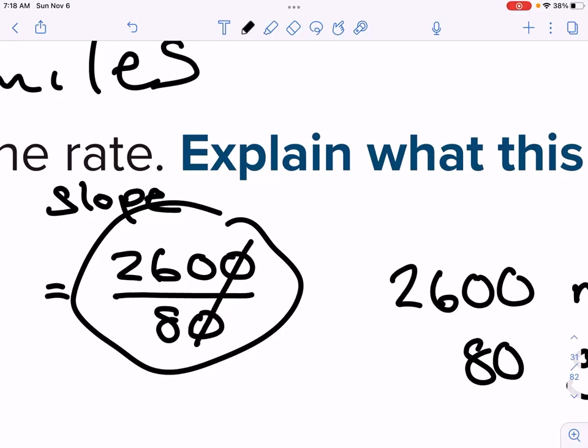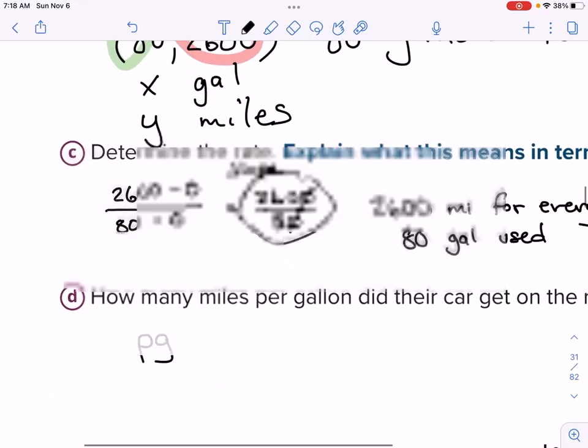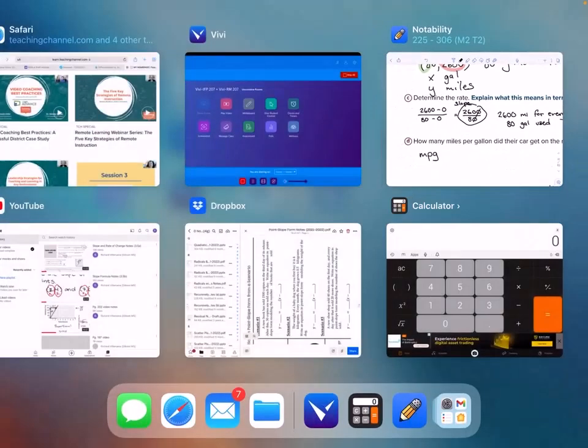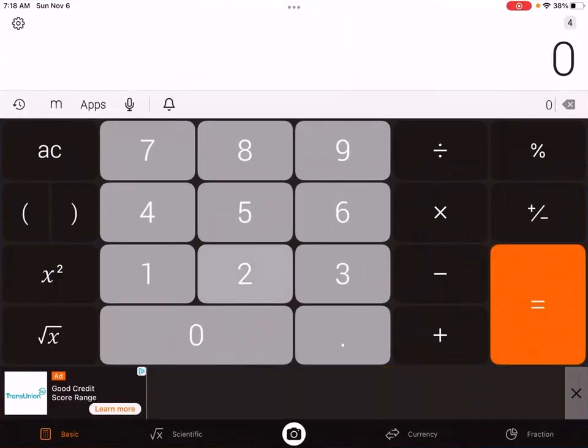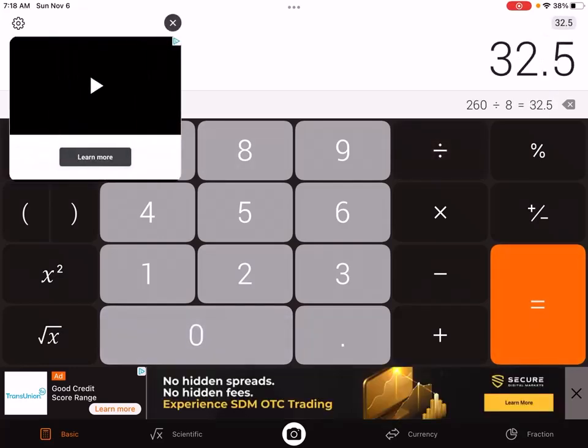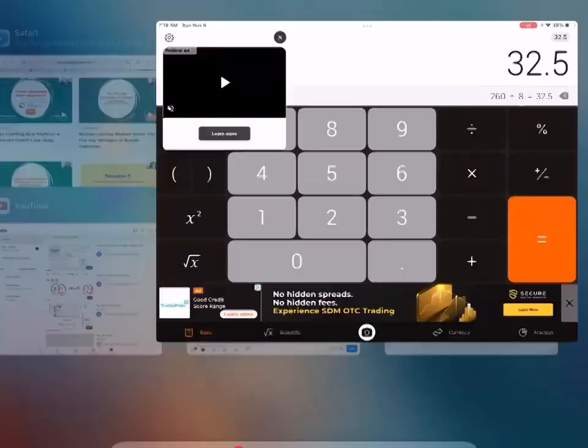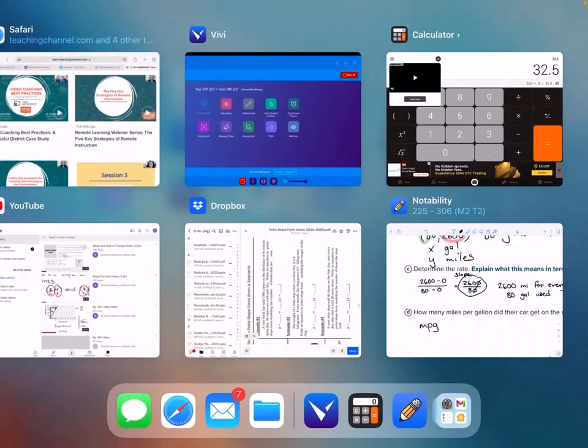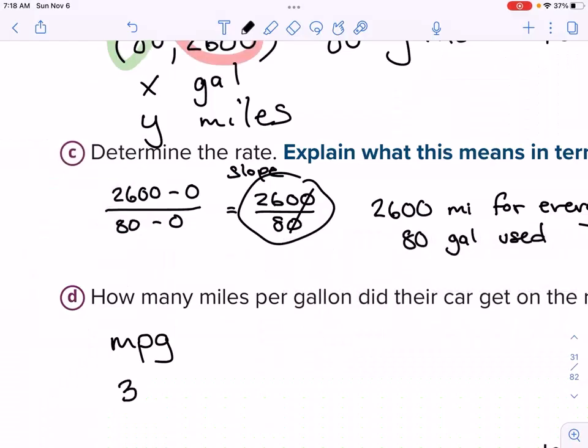For the purposes of being efficient, though, I'm going to put this into our calculator. You're welcome to do this as well. 260 divided by 8. All right, and that is 32.5. So that represents 32.5 miles